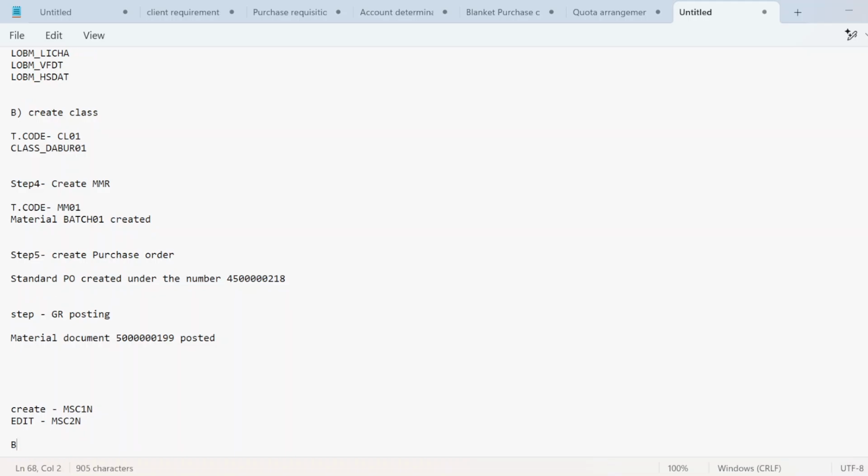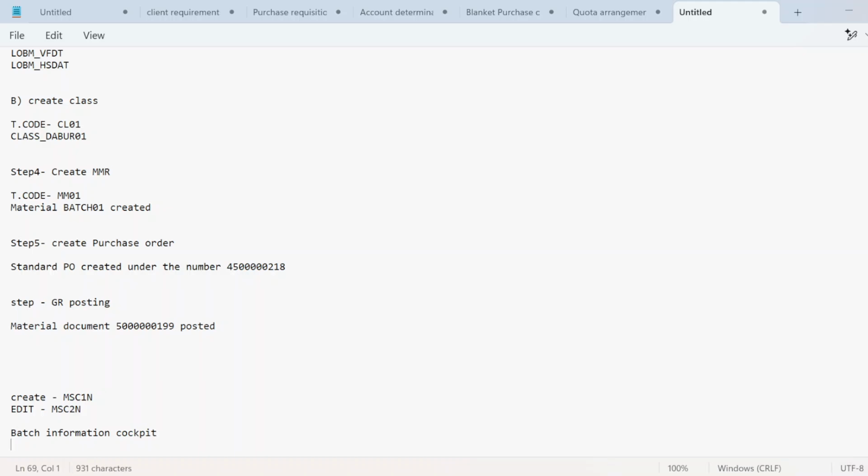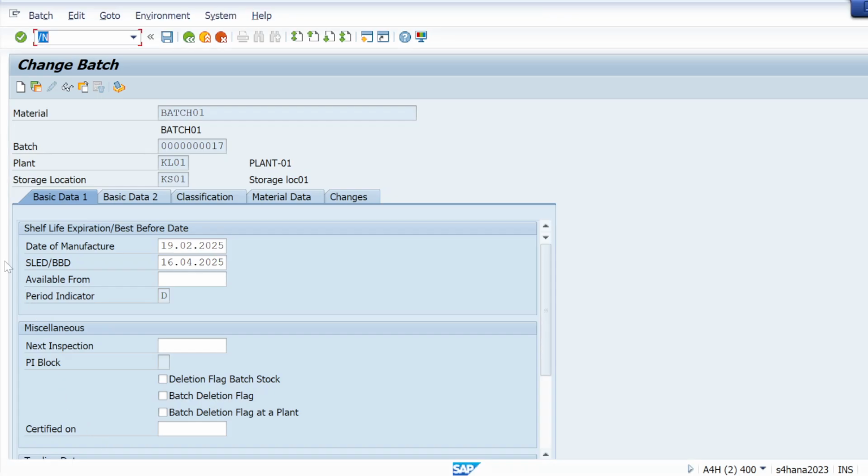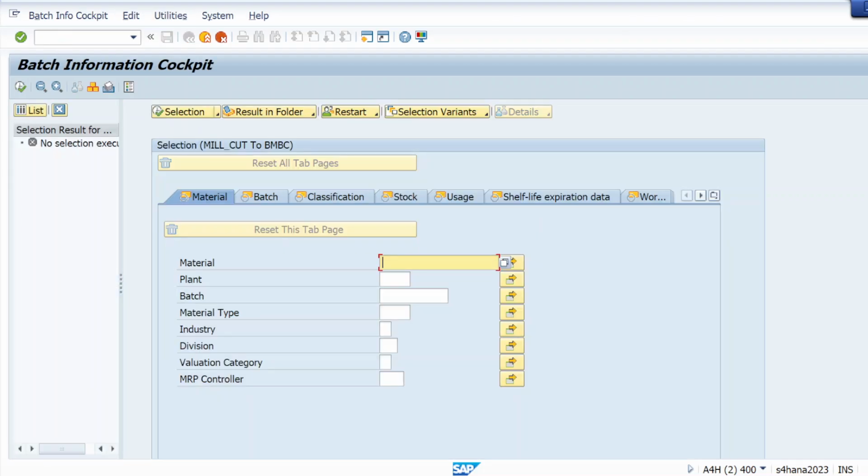Now if we want to see the batch information cockpit, all details related to the batch, I will simply use T code BMBC. So here we can give my material.